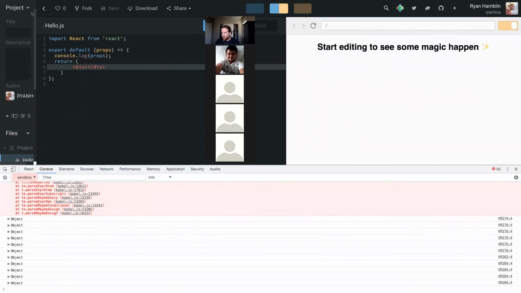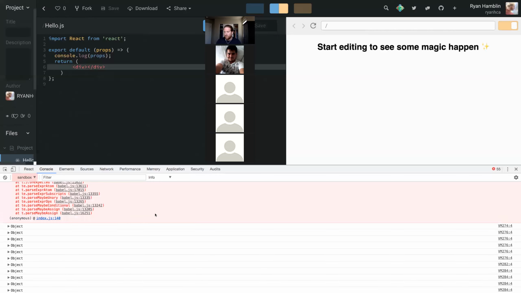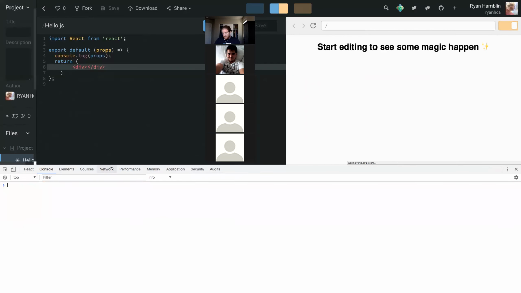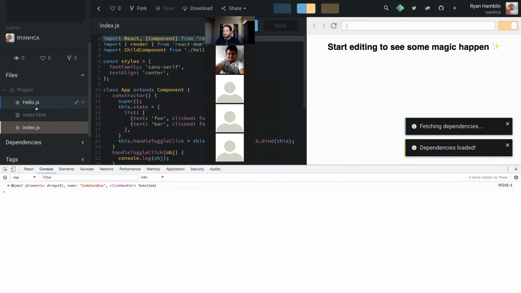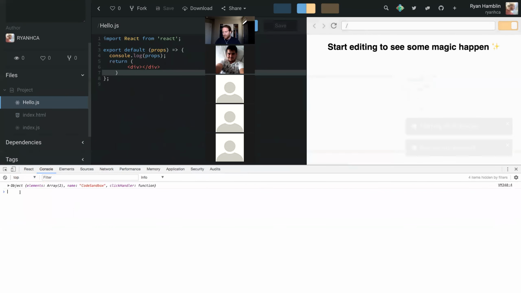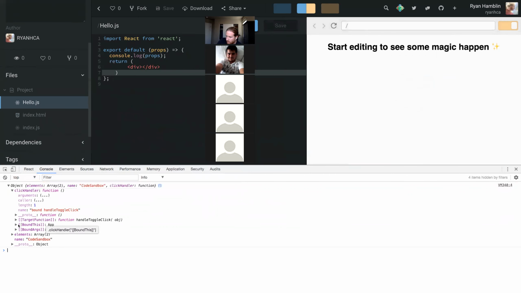So let's clear the console and refresh the page. Ooh, I hope I saved that. Yeah, okay. So here's our elements. So we have our click handler, okay, and it's bound. And you can see that it has some bound arguments and then some elements, okay? So now for each element,